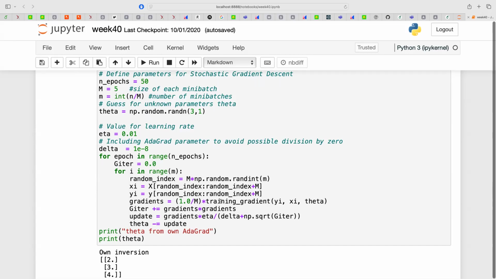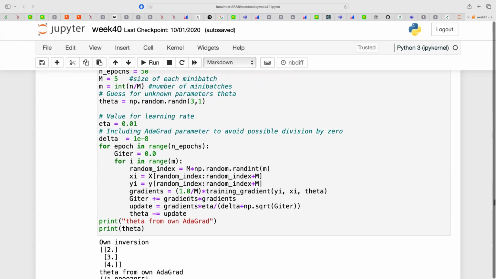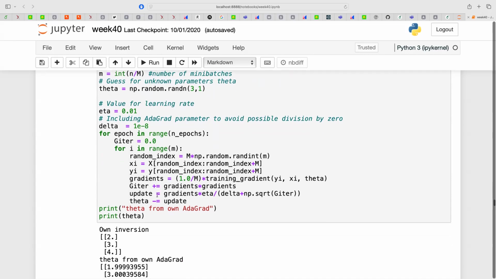My automatic differentiation gives me the training gradient here. I'm including all data for training. And then I do the update by calculating the gradient times the gradient. So this is an element-wise multiplication. And then I divide by the square root of that quantity. And this gives me now the updated